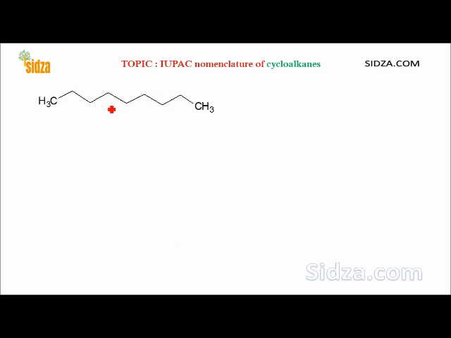Now in this molecule, if I attach a 6-member ring here at this position, what will be the name? Since in this chain we find 1 2 3 4 5 6 7 8 9 carbon atoms, and in the ring there are only 6, it is a cyclohexyl ring, right? This is taken as a substituent group. The cyclic ring is taken as a substituent group. So the name for this molecule will be, numbering 1 2 3 4 5 6 7 8 and 9,